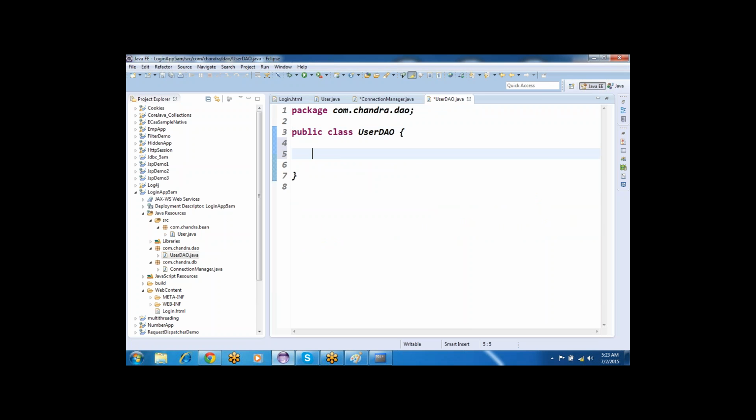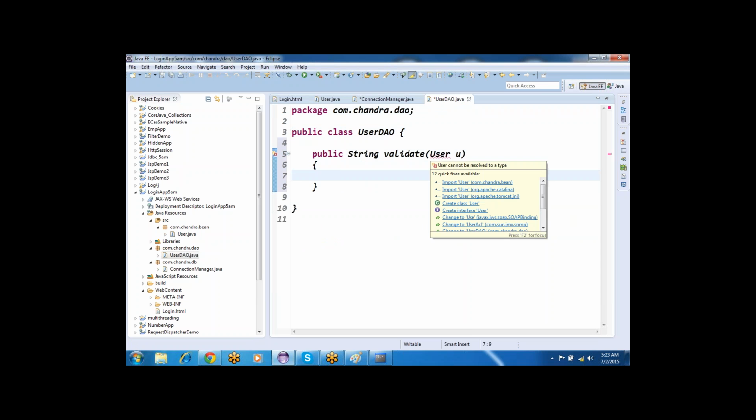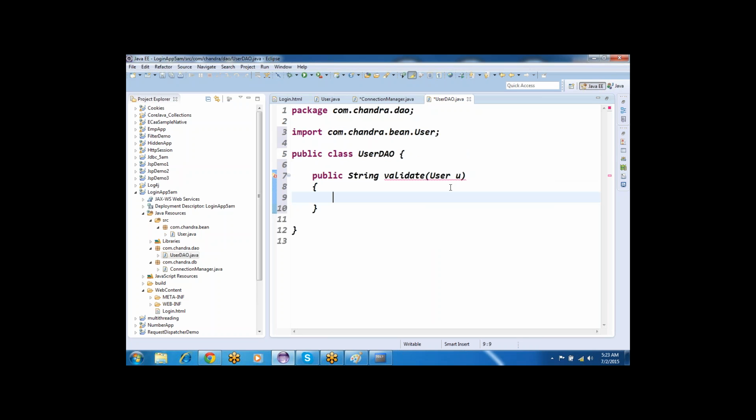One method I'm going to write here. Public string, that method is written in the string value. That is the reason I'm going to write the string validate. Here we are going to provide the user u, my bean class, I'm going to pass it here. I need to import this one. Bean class is available in the Chandra.bean level, and that method is throwing